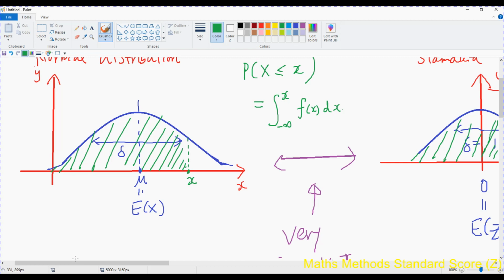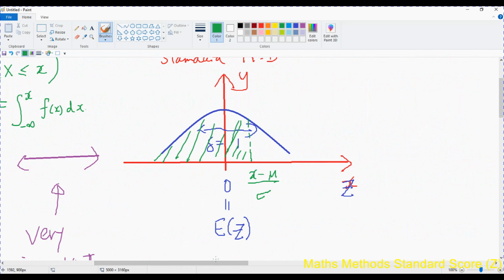There are limitless combinations of those numbers, parameters, I should say. But for the standard normal distribution, it's always the same distribution, isn't it? So that's why it's very useful. Okay, I just try to convince you that